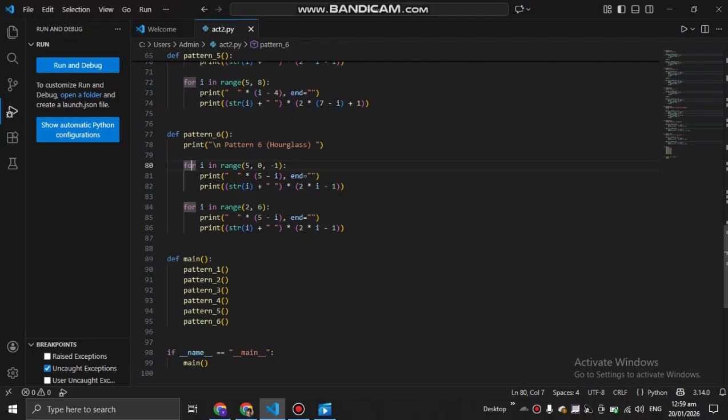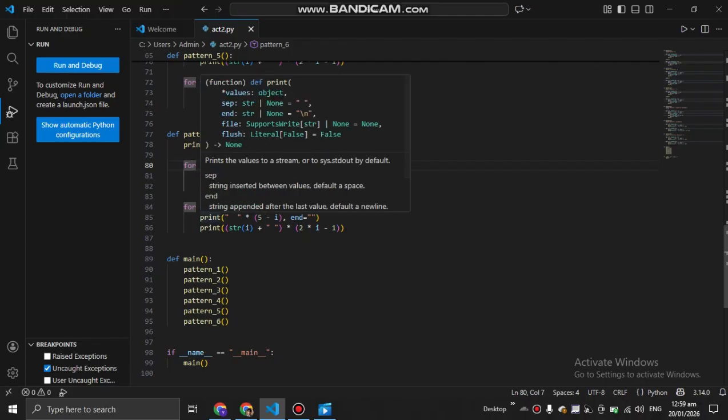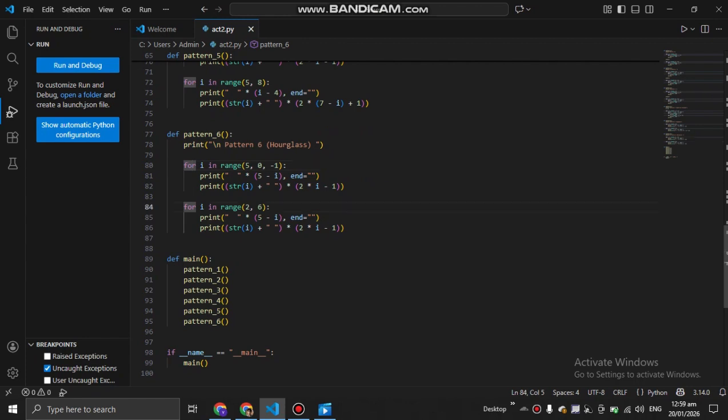Then in the bottom part, for I in range 2 to 6. This code is the bottom half of the hourglass, 2 up to 5. So print blank space times 5 minus I, end blank space, then print string I plus blank space times 2 times I minus 1.